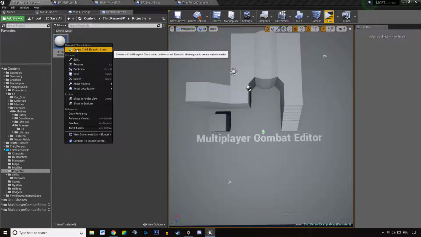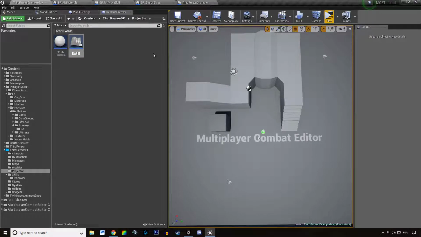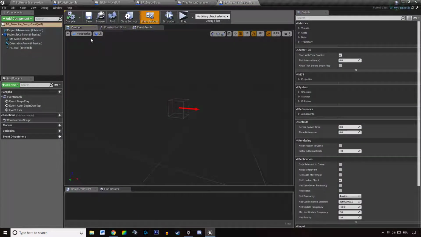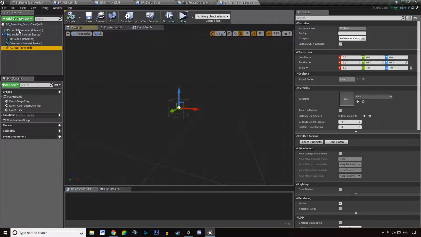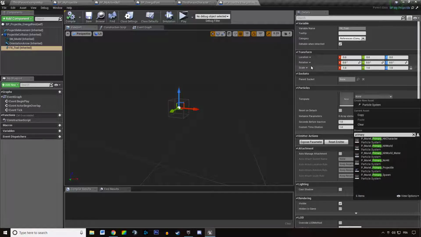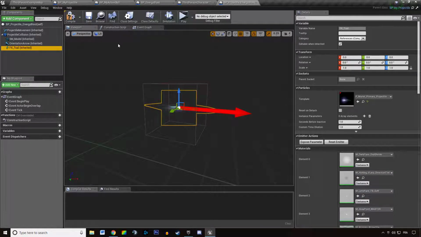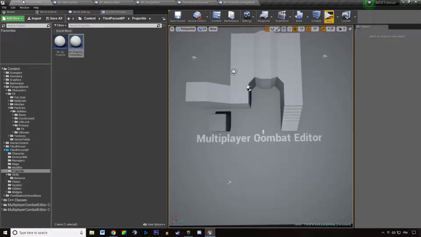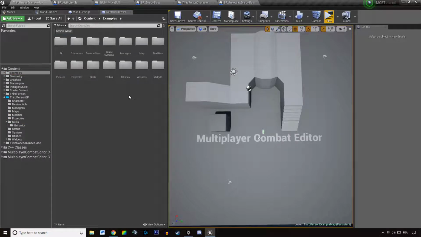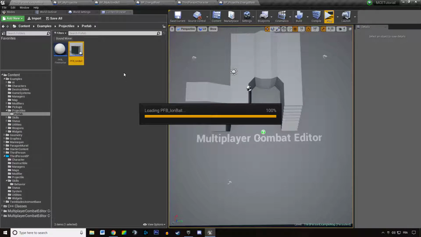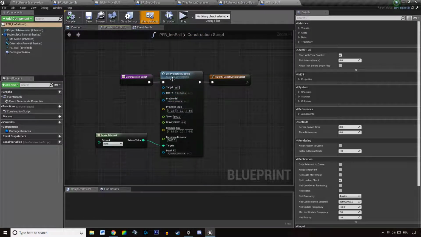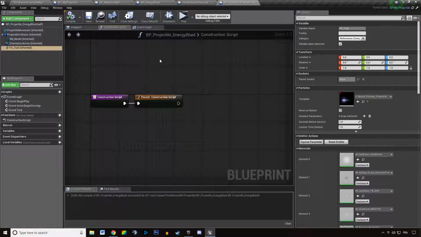So BP my projectile, create child blueprint class, call that BP projectile energy blast, for instance. Open that up, and you can say that the trail is actually the primary projectile of Muriel, for instance. And actually, no, that's not how you are supposed to set this up, if I remember correctly. I'm just going to double check by going into, yep, we have to be calling, okay, so excuse me, go back to our projectile, to the projectile we just